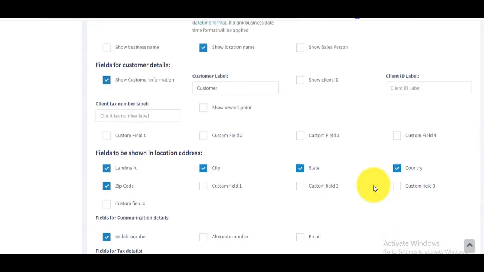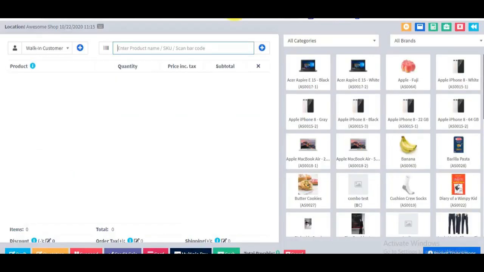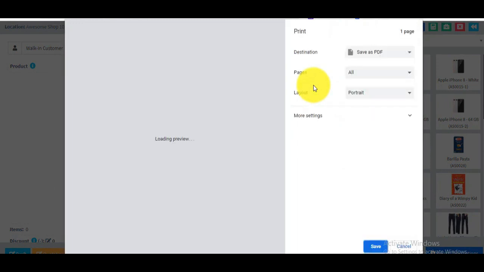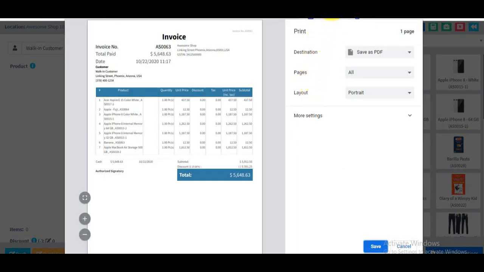You can try different designs from here, and based on that you can use any invoice which is fitting for your business. So I will click on the recent invoice here and I will print this particular invoice. So here if I print this invoice, it will get a new design based on our selected design. So you can see in this new design it is only showing me the,